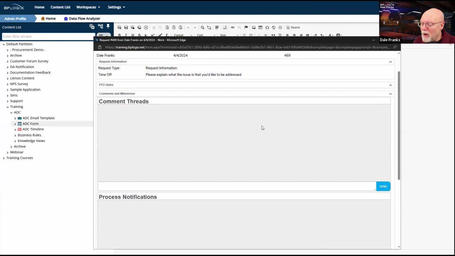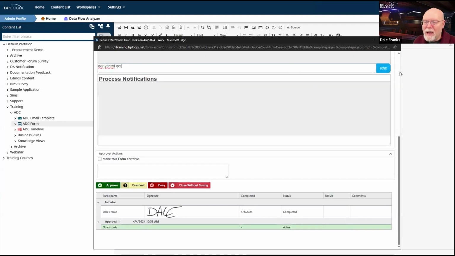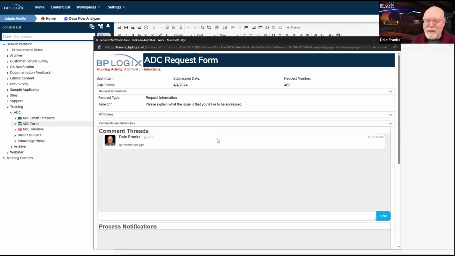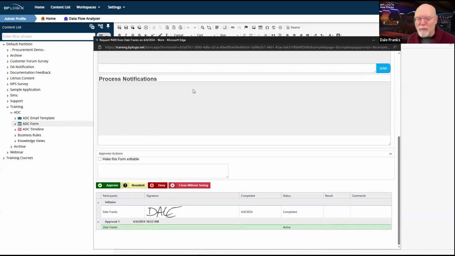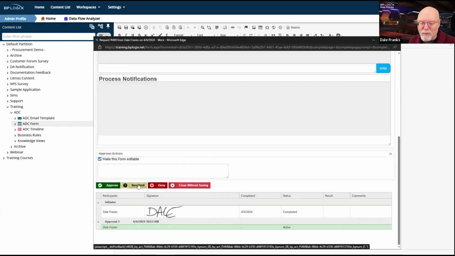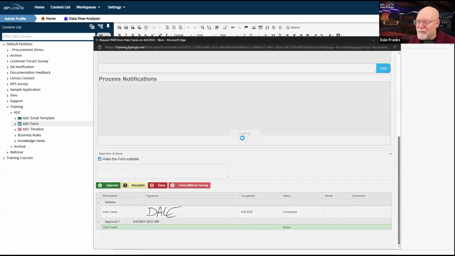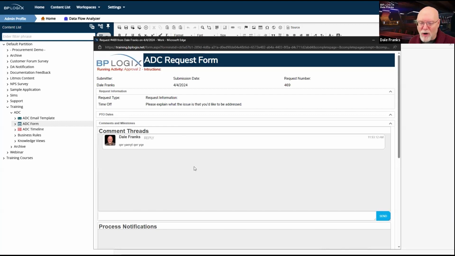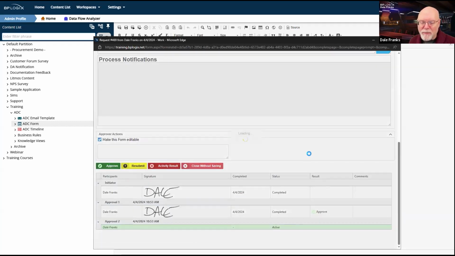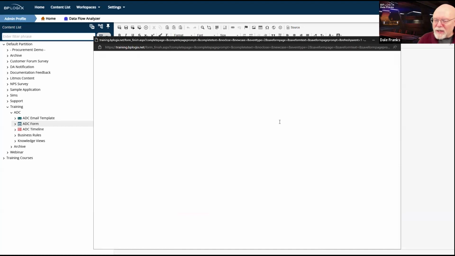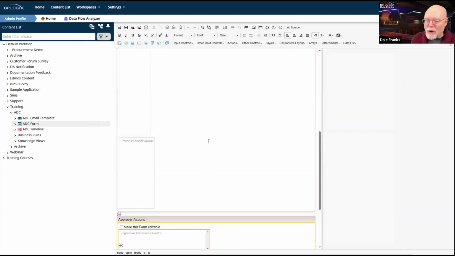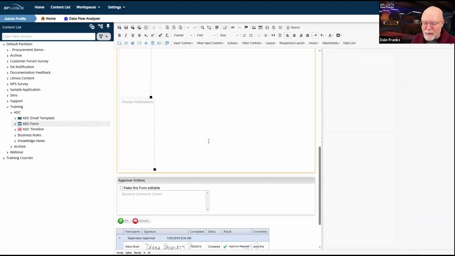Well, what do you know? I can add comments to my journal control. That's editable. We have this process notification here. I've got a checkbox that works, which we are going to have to configure. And I've got my buttons to approve, resubmit, or deny. So that's all great. These are all pre-configured on my process timeline. So everything is working the way that I want it to work in terms of visibility and enabling.